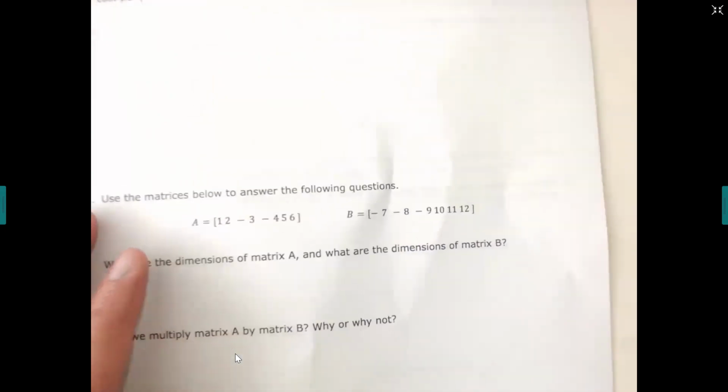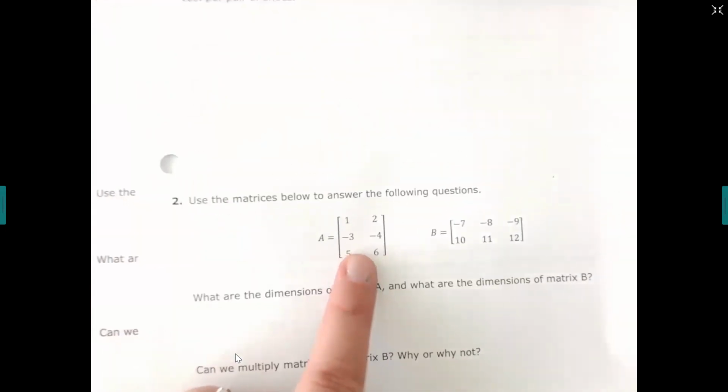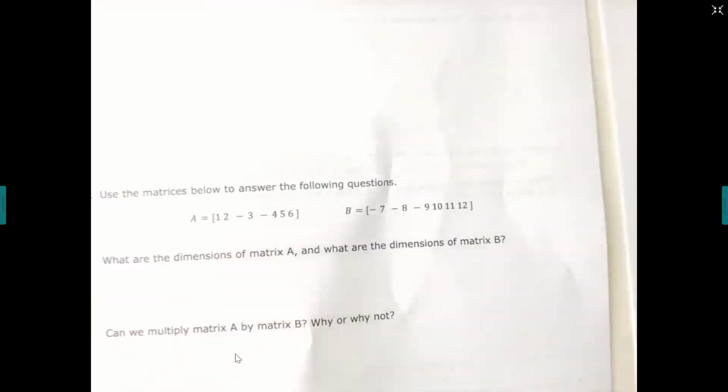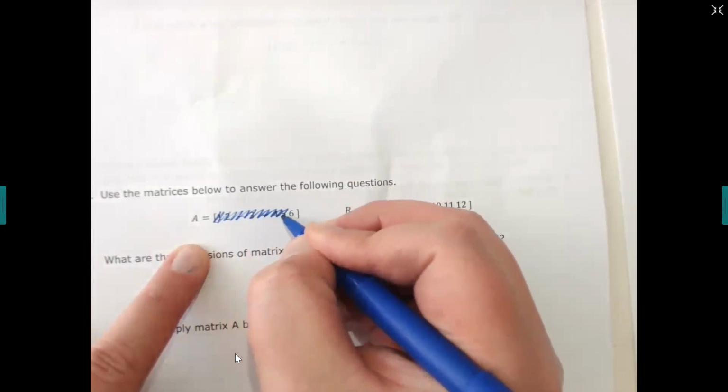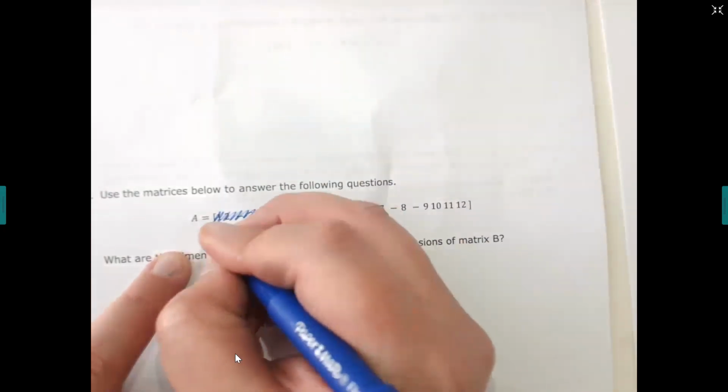Okay, so are you ready? Number 2, I want you to make your matrices. They should look like this. See how they're all squished and looking wrong? So we're gonna cross it out and we're gonna rewrite them. So your A matrix, scribble that out. Okay, it should be A equals